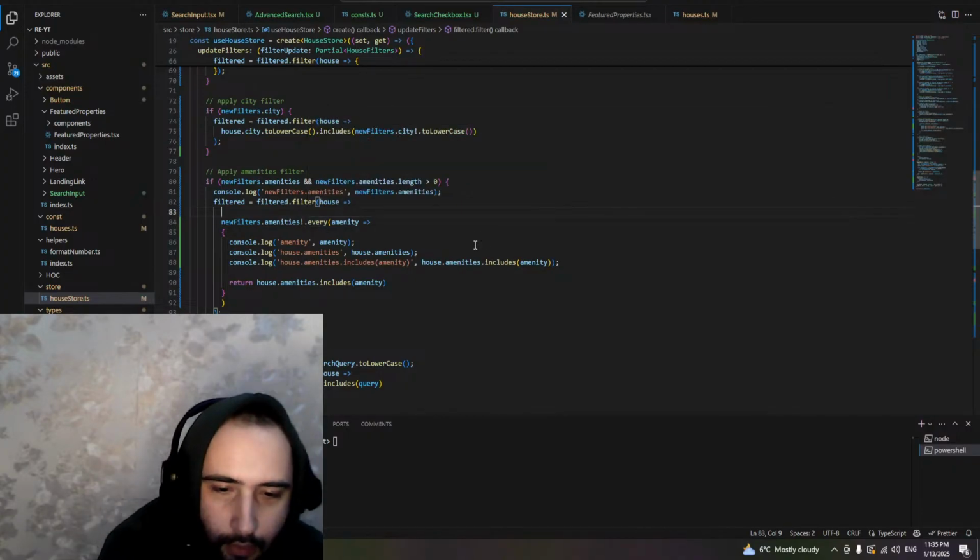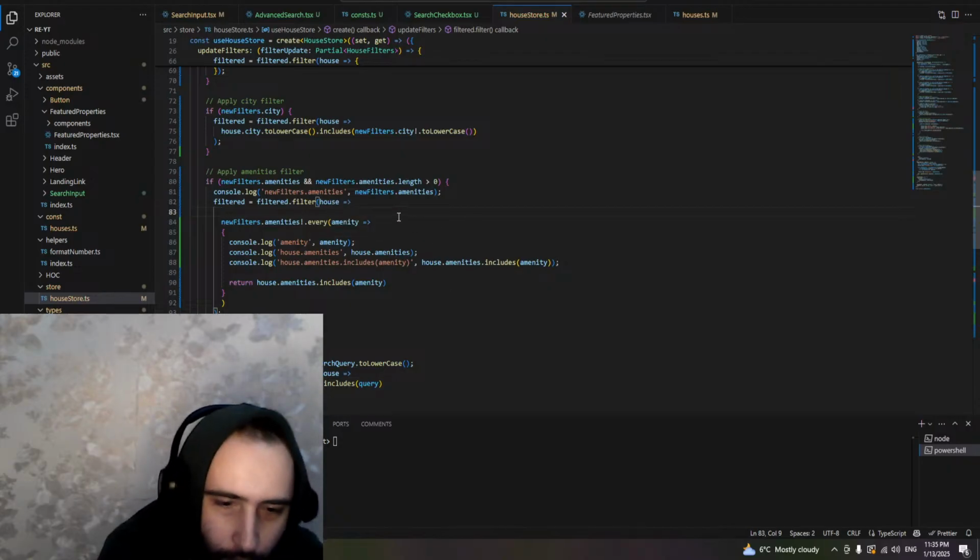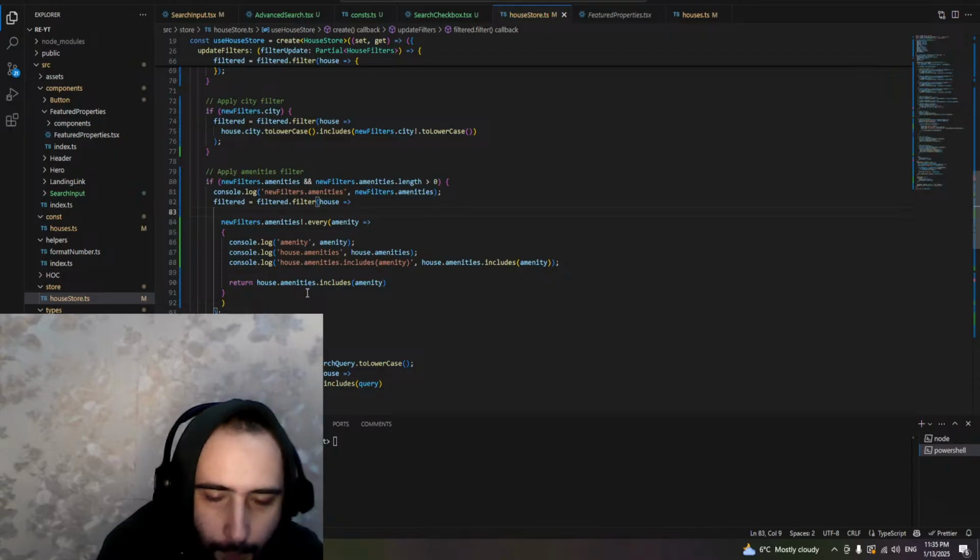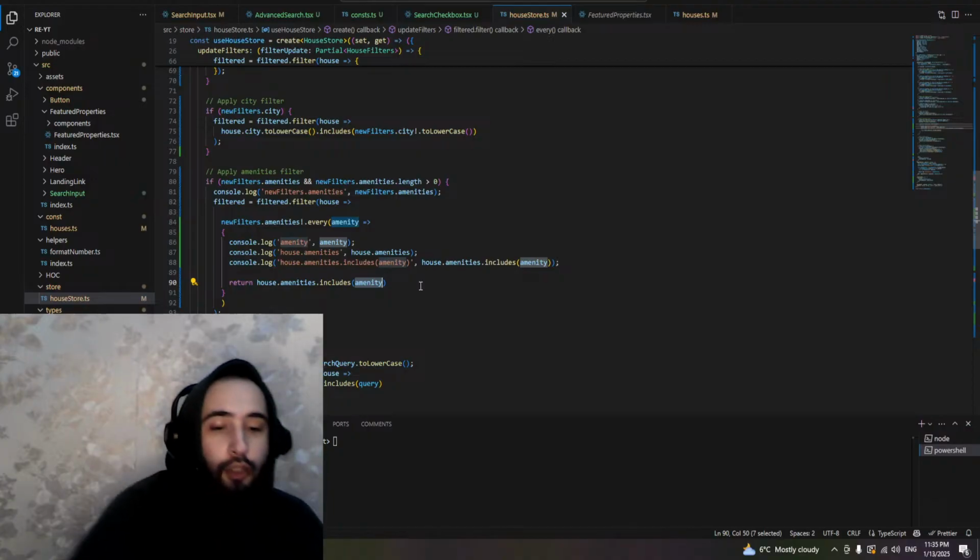So we log this and it's correctly an array full of checked amenities. It's correct. So for each amenity, for example swimming pool, we are returning a house whose amenities include the swimming pool. And I saw it worked,